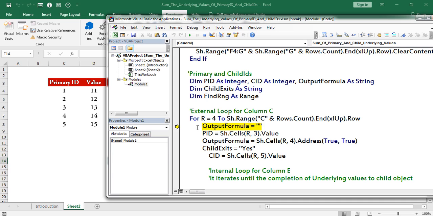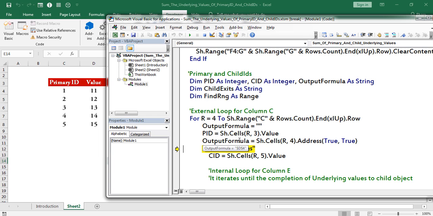Here I mentioned output formula equivalent to blank. Next I defined a primary ID, PID equivalent to 1 based on fourth row and third column's value. So in the output formula, I am saving fourth row and fourth column's cell address.